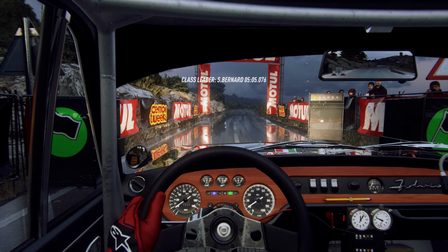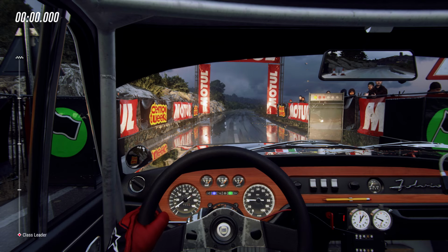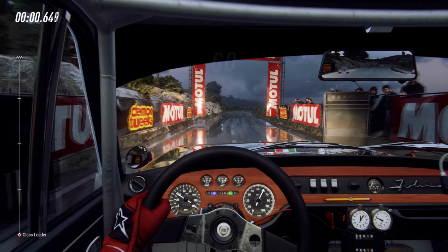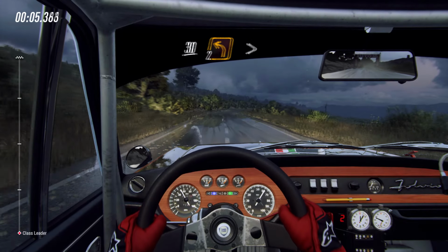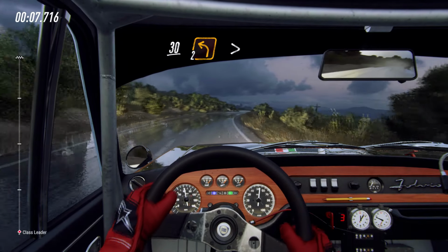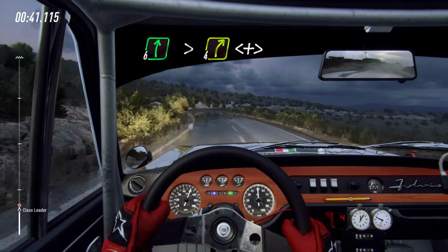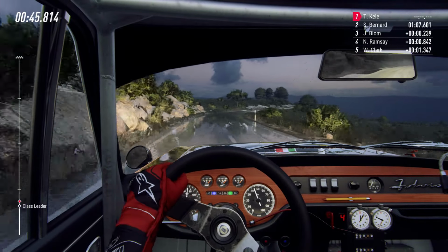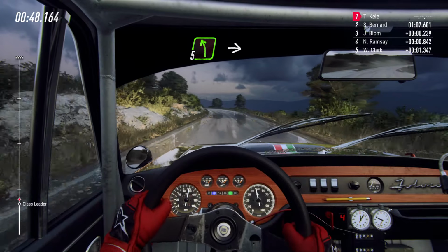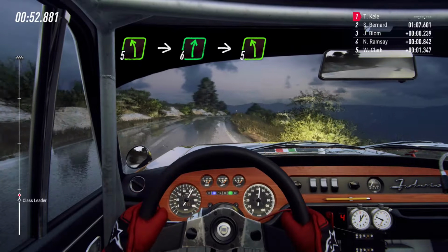Third stage, the conditions are a little bit better. I think it doesn't rain, but the tarmac is wet, so these are somewhat the same. It's just that it's not raining at that point, but the tarmac is wet still. 6 right tightens 4, opens tightens 5 right, into 5 left long, into 6 right of a crest, into 5 left extra long,